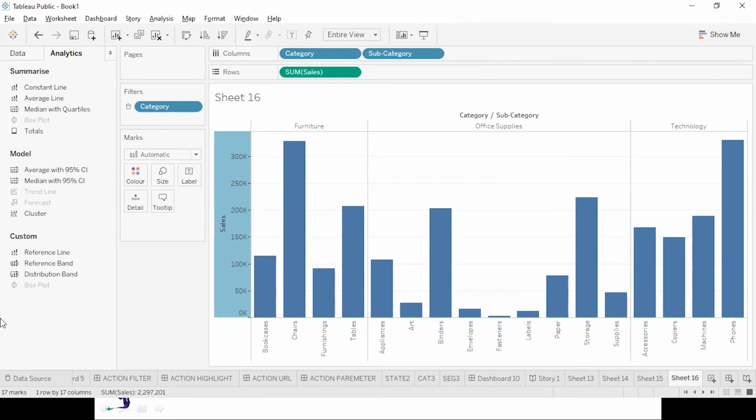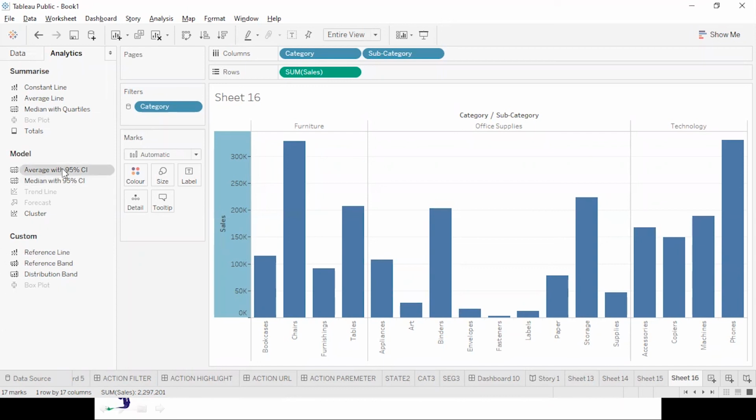Now all the things which are there in the model are the values which you will be getting based on some statistical model. Like the first one which you see over here is average with 95% CI, and CI stands for confidence interval. Average with 95% confidence interval.